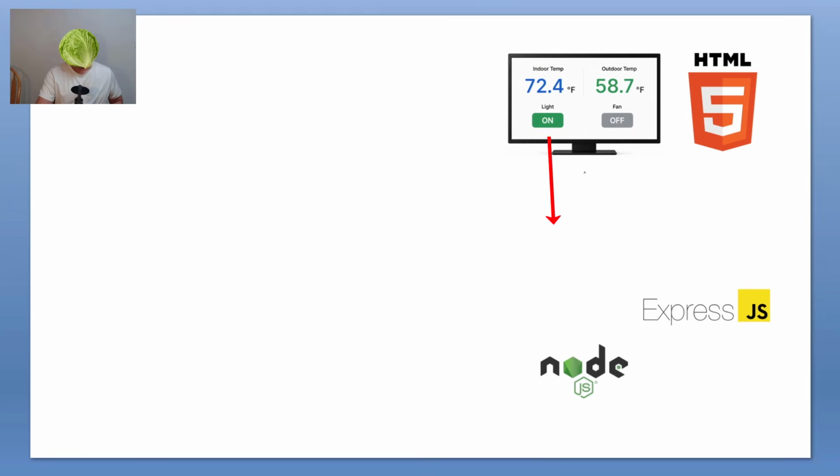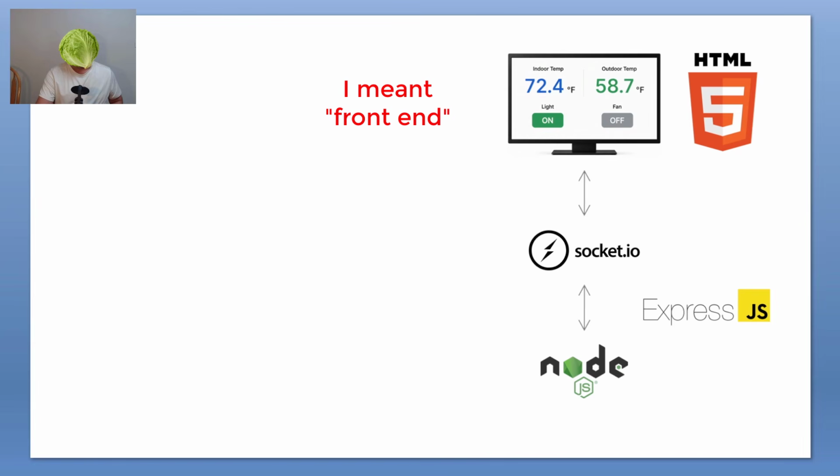We can click buttons on our page and those will make requests back to the application, but the application can't talk directly to the app. And that's when we're going to bring in Socket.io. This gives us two-way communication. So anything the server has access to can be delivered to the front end live for you to view, such